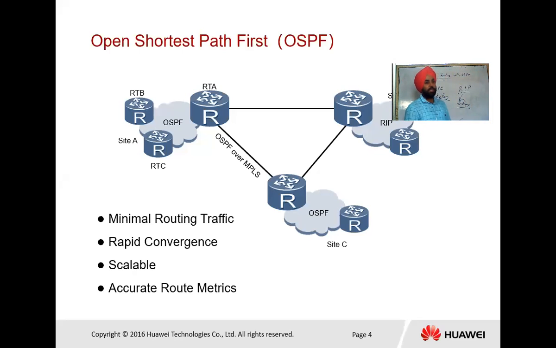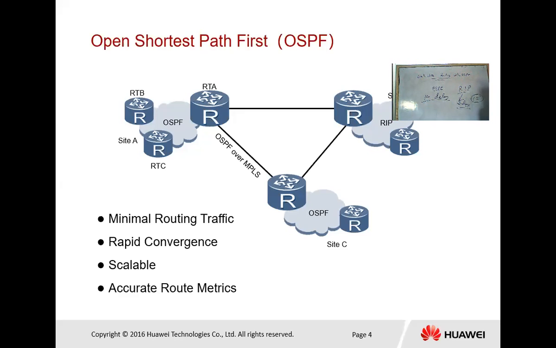The third one is scalable, meaning there is no hop count limit. When we talk about RIP, there is a number of hop counts, from 0 to 15. If 16 comes, it will not work with the hop count. OSPF can be used for large or medium size networks, where each router knows all the routers.